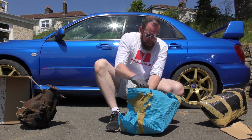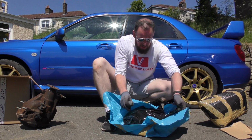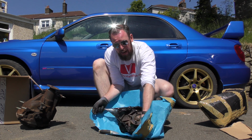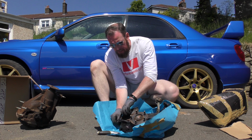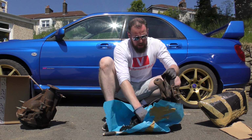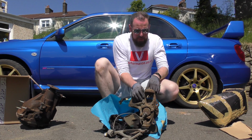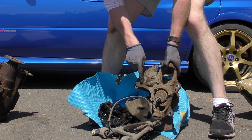It's like Christmas. See what it is? We ordered... Yes. One problem with having an RX8 drift build is that there's not a lot of parts that you can buy. So we bought a set of spare lower control arms and steering knuckles because we're going to try and shorten out this section to give us some